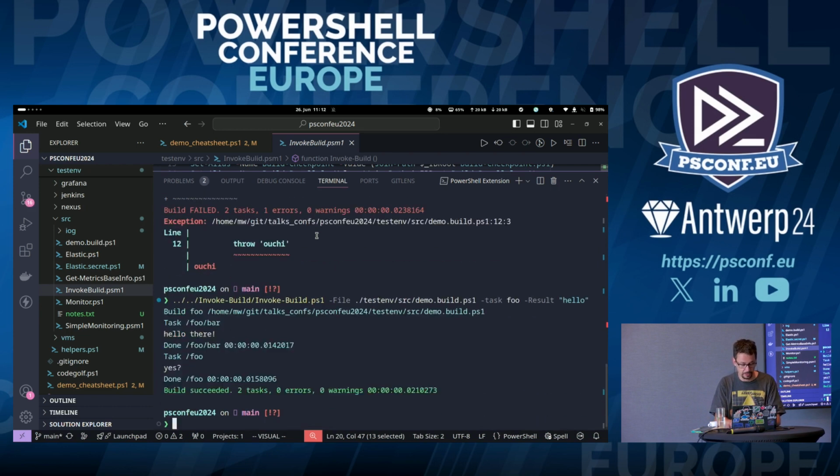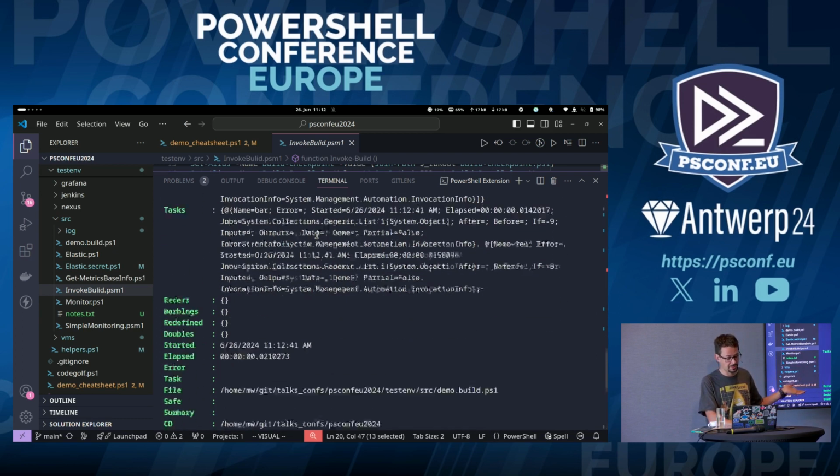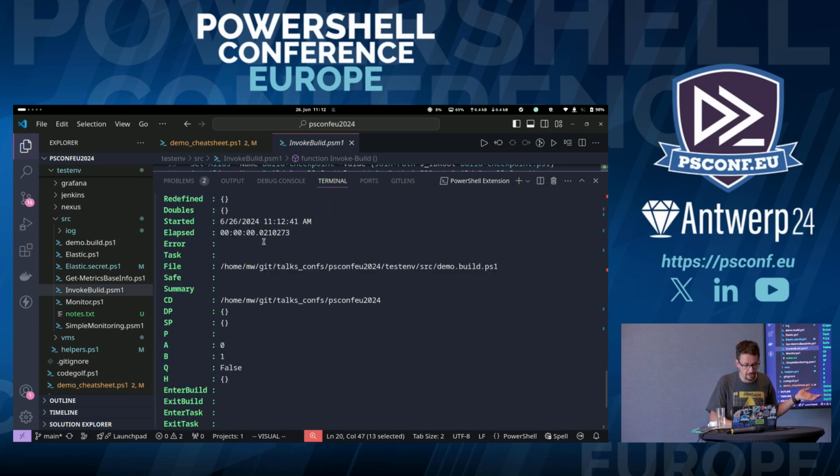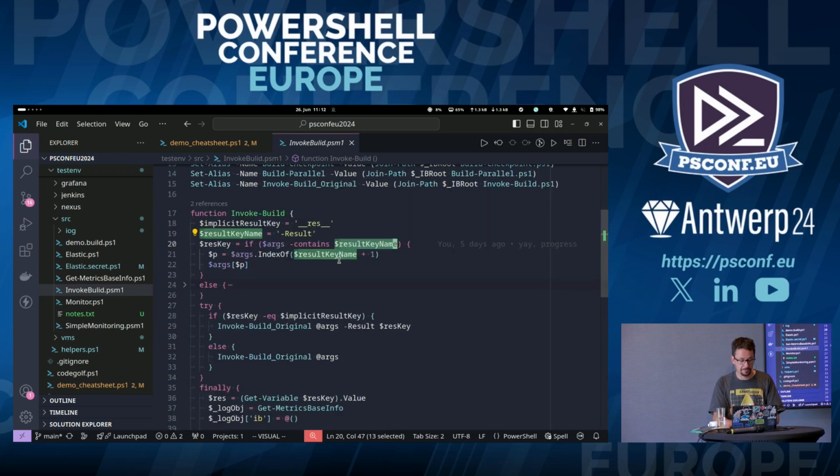So result hello. And now I've got this variable hello, which contains all of the information from this build. There's information there on how long it took, as example, the elapsed time of this task, and if it was successful, what the dependencies were, a lot of things. If someone passes this result, I do not want only to be able to use this result